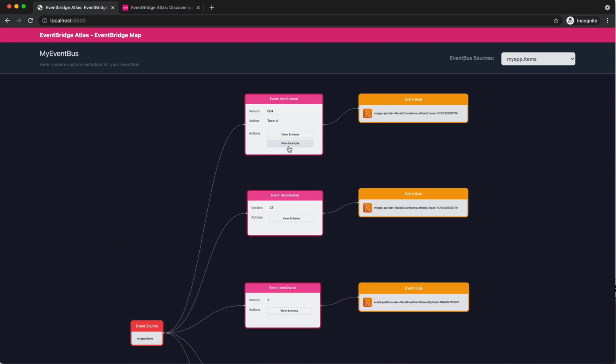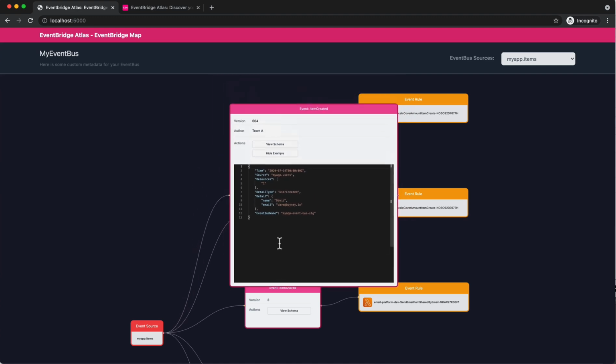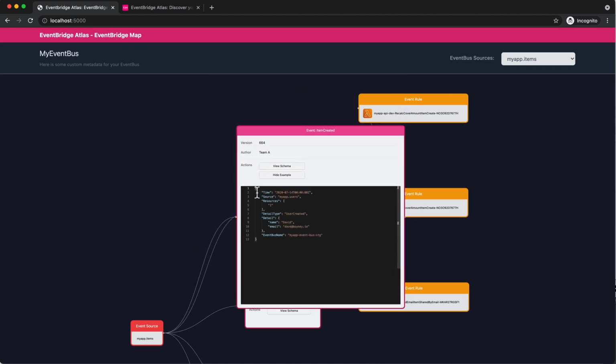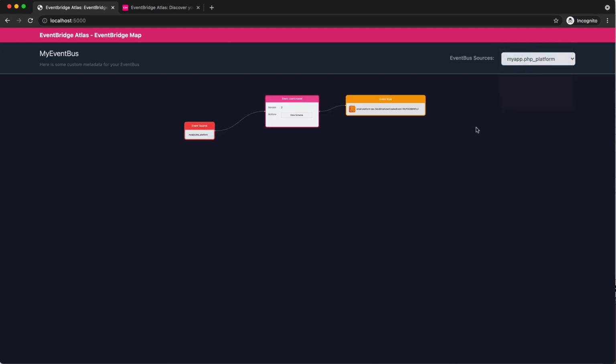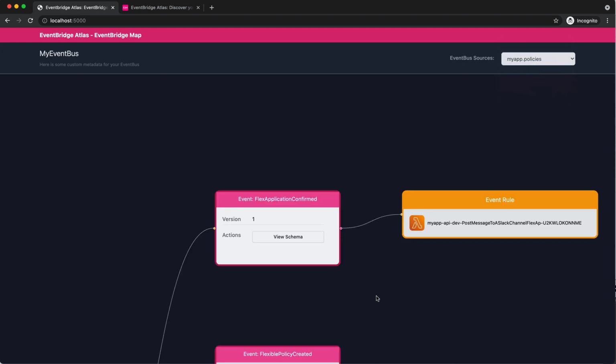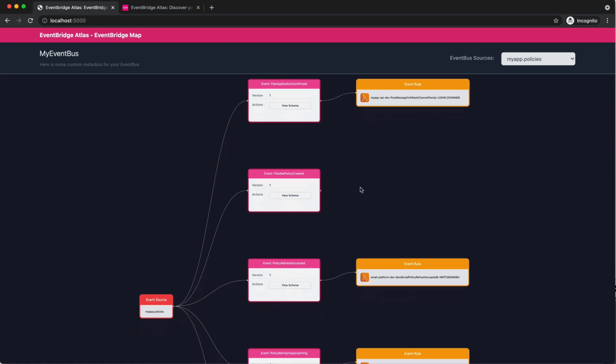EventBridge Atlas also allows you to set examples of your events for developers. This is a key thing, I think, which is quite important, so people can actually see how to use your event. Again, this is just a noddy example, but this is how the event will look. Then if we close that and move that around, we've got the rules over there. So you can come in, flick through your event sources, have a look around, have a play,